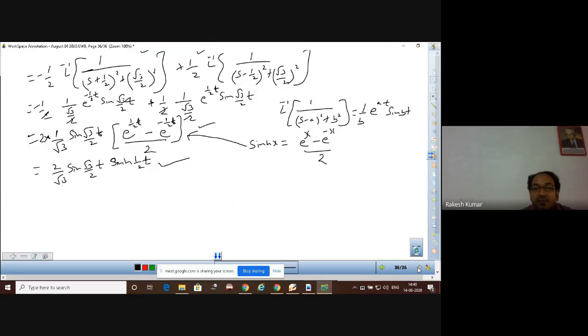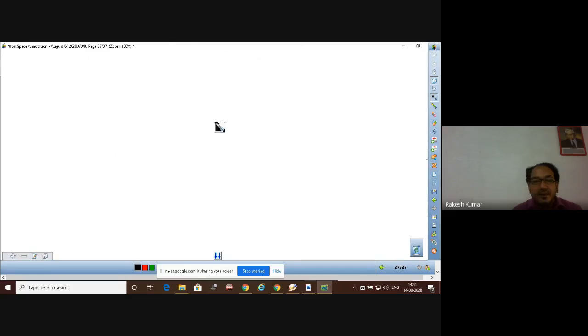So by this way, we can simplify and find out the inverse Laplace transformation. I am again repeating, we must be well aware about the partial fraction method, that how to factorize the expressions partially, so that we can easily operate and find out the Laplace inverse transformation of the required expression, required question. So let us move further.